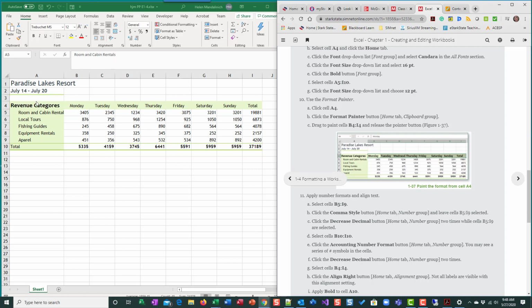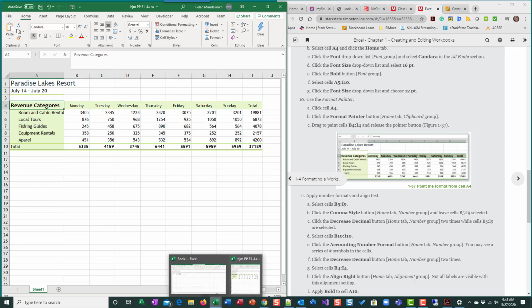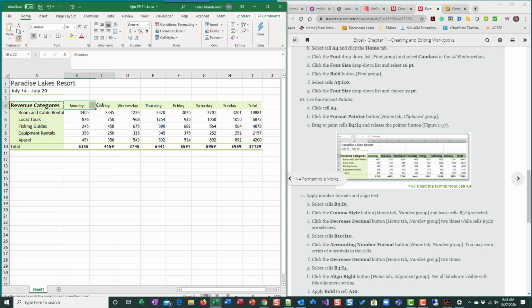So I just have to single click. But before you do it, you want to make sure you're in the cell that has the formatting that you want to copy, basically. So we're going to sit on A4. I'm going to click on the paintbrush. My mouse then is going to have a paintbrush attached, and I want to select B4 all the way across to I4. So now whatever this A4 had in terms of formatting is now applied to those cells, and look,